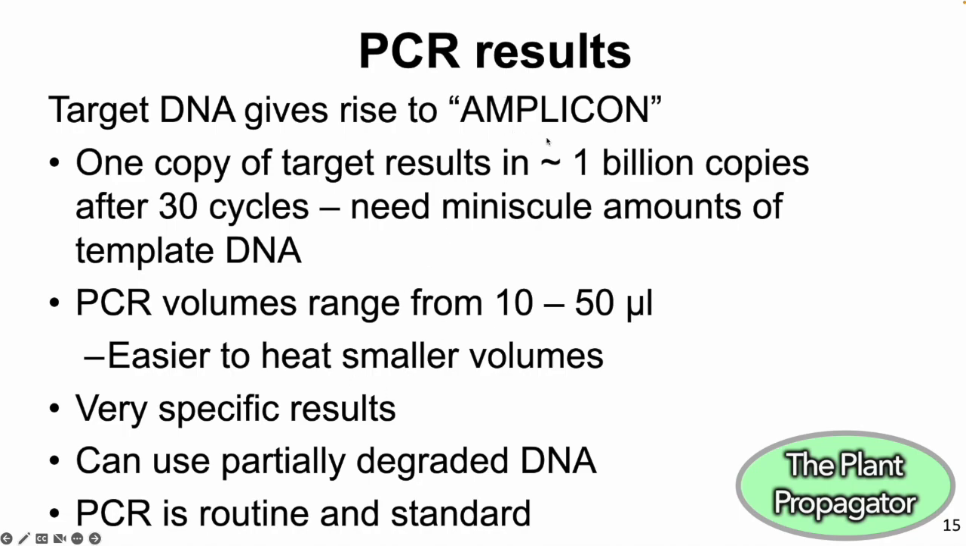And these amplicons, you can just see what you have based on the size of the amplicons, and you can also sequence the bases in the amplicons to get really good detail on what's there. For most of the PCR tests that are done, the size of the amplicon is really revealing. You can use partially degraded DNA as long as there is some intact DNA present. But PCR, as you've known and as you've heard about, is a really routine and very standard protocol for amplifying